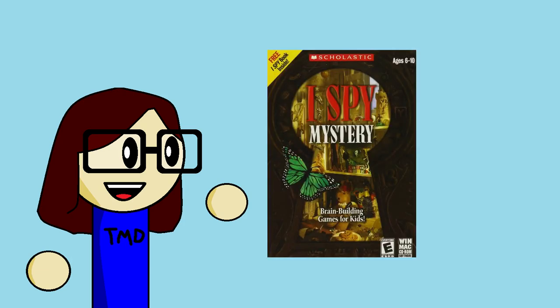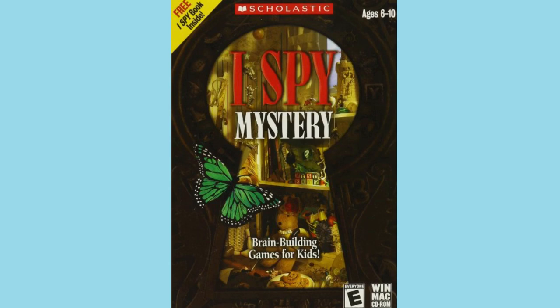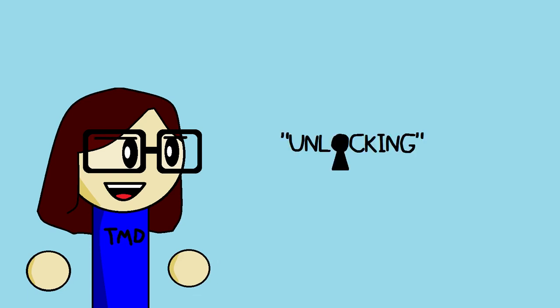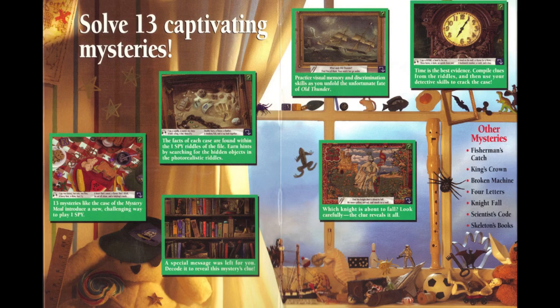I Spy Mystery. On the front side of the box, you can see a keyhole with a display behind it. And I know I said it already, but these pictures have so much charm to them. It's amazing. Anyway, why a keyhole, you may ask? Well, this is I Spy Mystery. We're gonna be unlocking a lot of mysteries. Actually, if we open the box up, we can learn that there are 13 total mysteries for us to solve. You can see a taste of what some mysteries have to offer, all set on top of another classic I